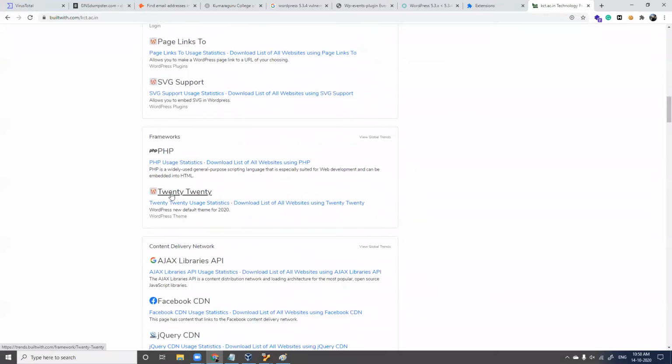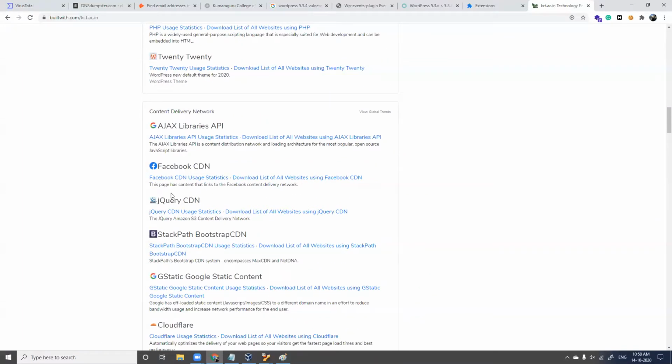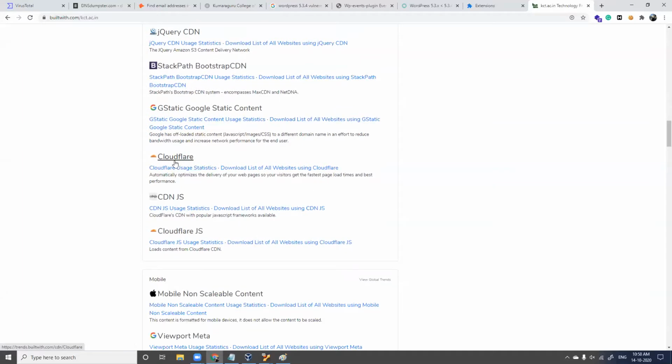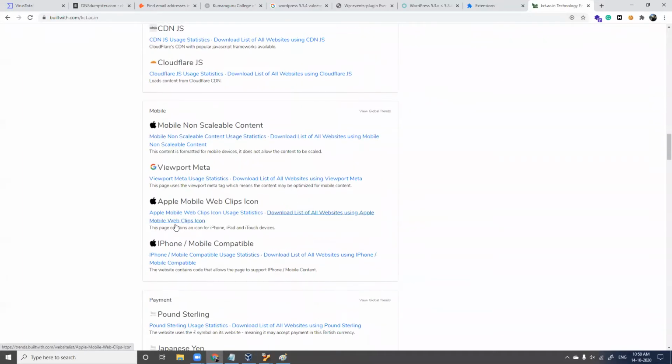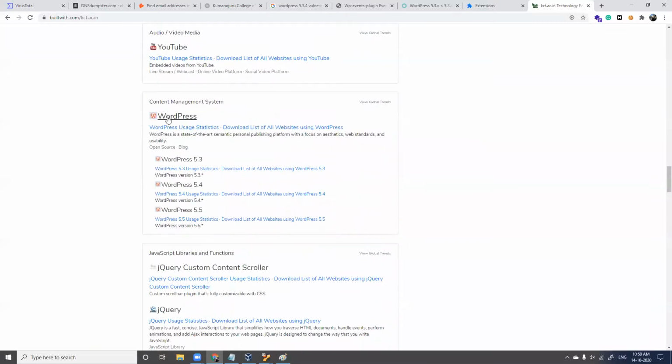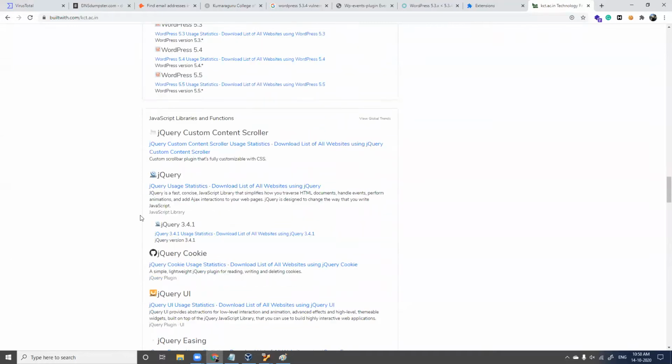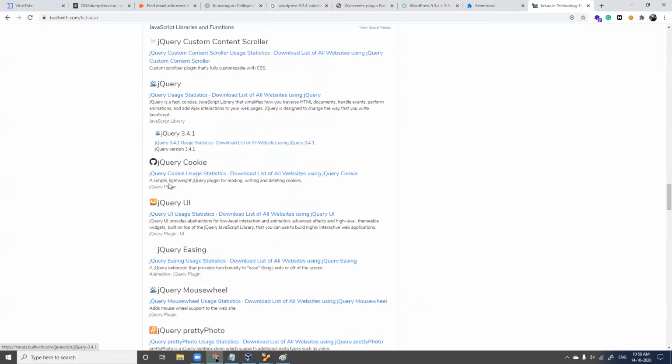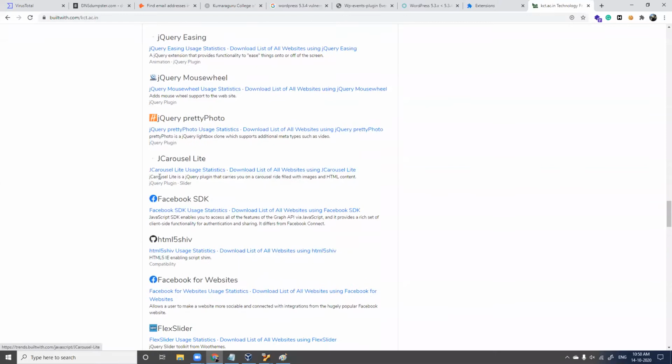Okay, PHP, Ajax libraries, Facebook CDN, Cloudflare, and WordPress. The content management system being used is WordPress, and what version of WordPress is being used. JavaScript libraries, what JavaScript libraries are being used.